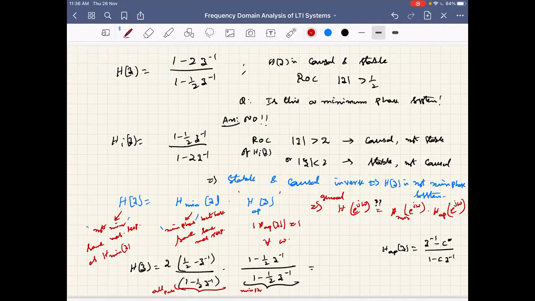Okay, since minimum phase doesn't have any constraint on the magnitude to be 1, let us absorb this 2 also here, and hence we can write the all pass as 1 minus 2 times (1/2 minus z inverse) by (1 minus 1/2 z inverse), into the minimum phase as 2 into